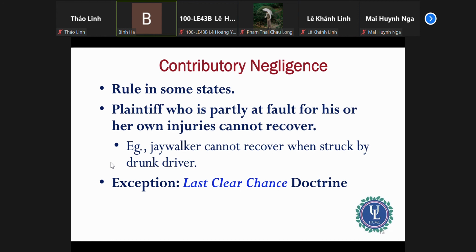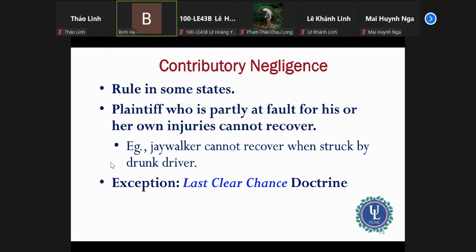But if you were speeding very fast at that moment, when the light turns on your side and you hit someone who tried to pass the red light, in that case the court usually considers that to be the last clear chance doctrine, which means that you had an opportunity to avoid the accident, but you did not take that opportunity. You were not careful enough to avoid it, or you are deemed to have been able to avoid that accident, but you did not. So that is the last clear chance.